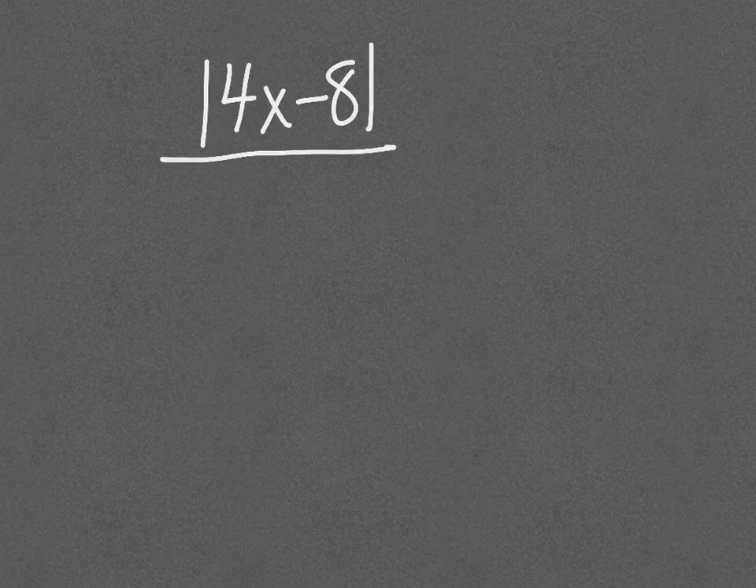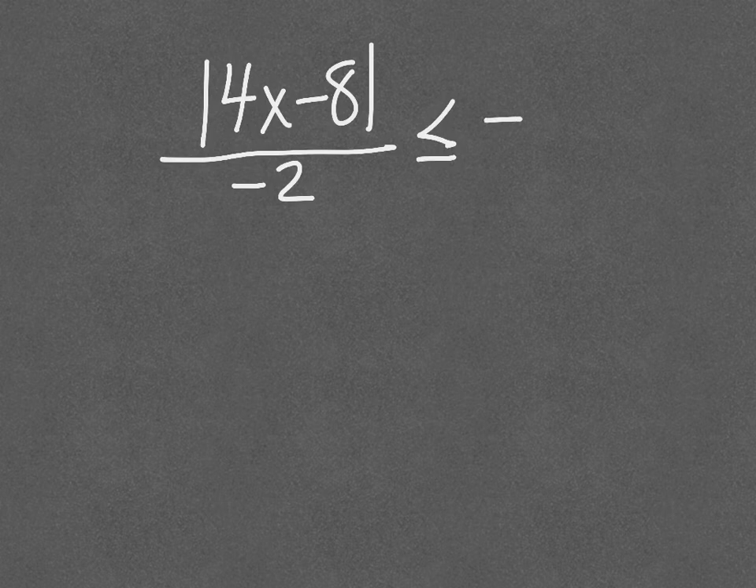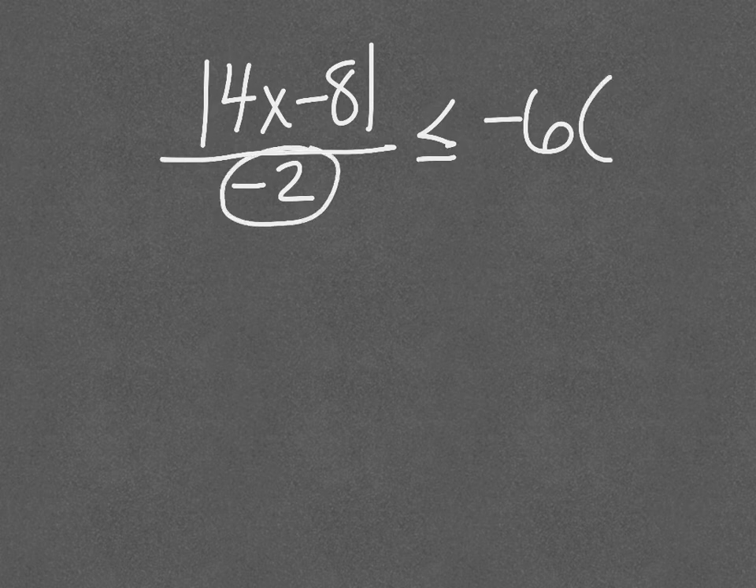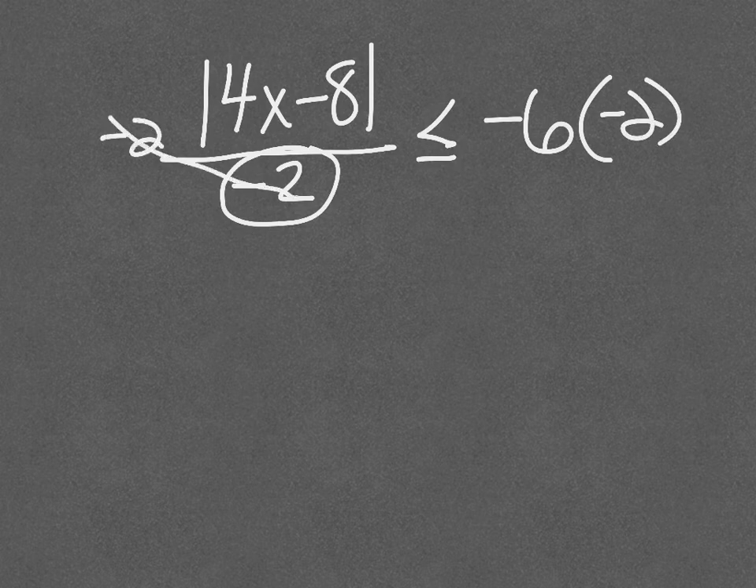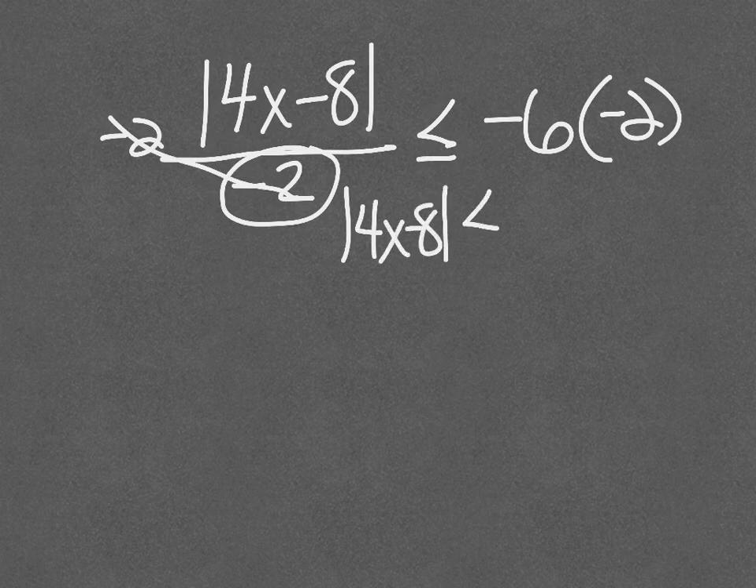All right. The absolute value of 4x minus 8, divided by negative 2, is less than or equal to negative 6. All right, so we've got something in the basement we need to get rid of. This negative 2 is dividing, so we're going to come over here and multiply. If I multiply, they cancel out. So I've got the absolute value of 4x minus 8 is less than or equal to negative 6 times negative 2